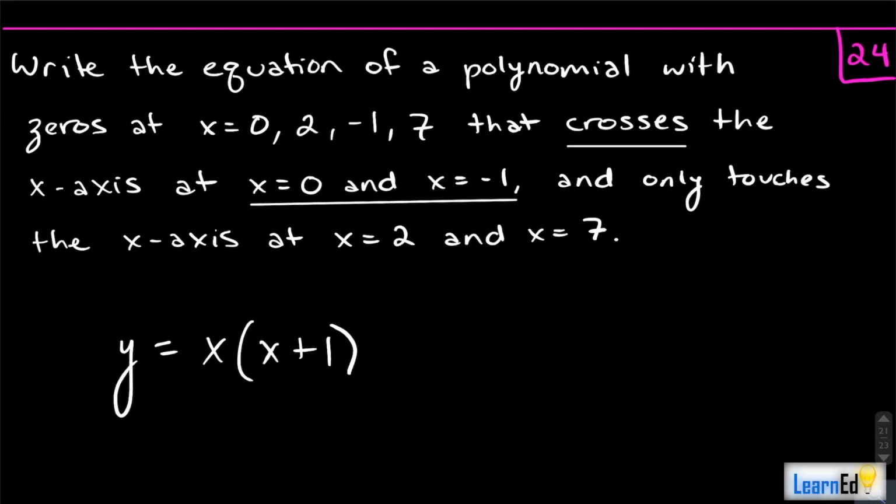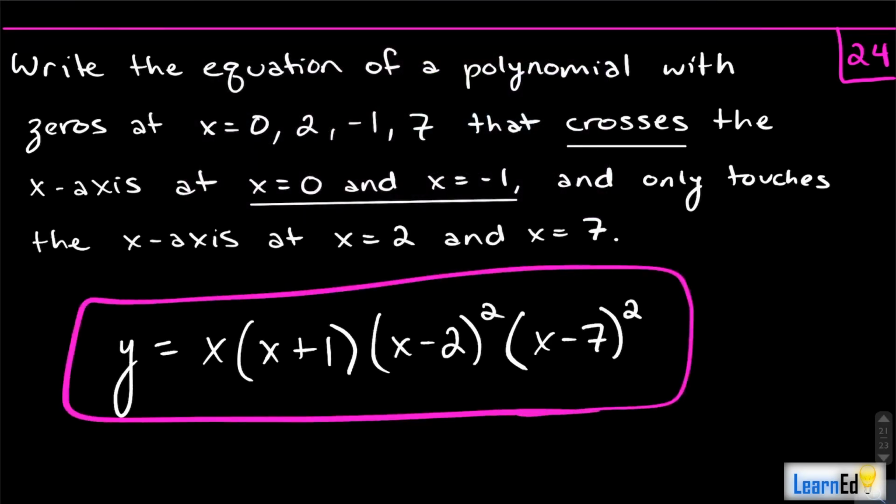Now it only touches the x-axis at x equals 2 and 7. So we're going to have x minus 2, and we're going to square that, because we're going to give it an even multiplicity, which means we give it an even exponent. And then we have x minus 7 squared. And that